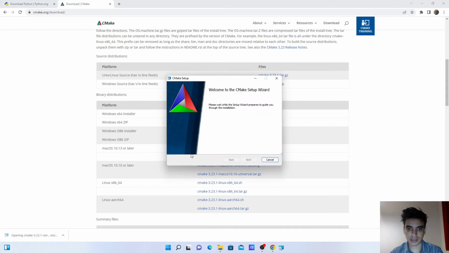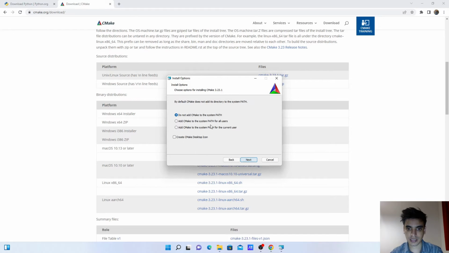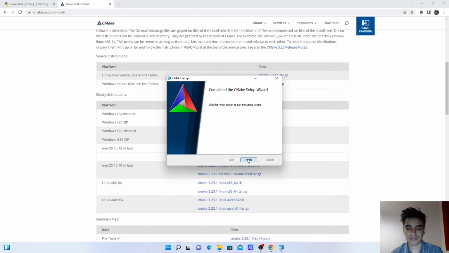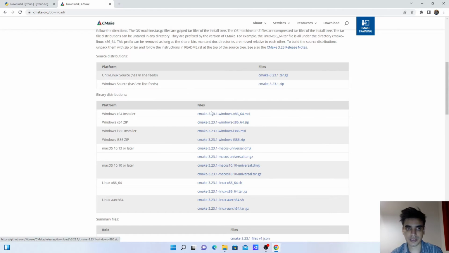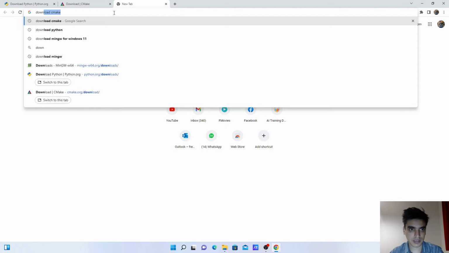Open it and click on next, accept, next, and select add CMake to the system path for all users. Click on next and next, install. Yes. And the installation is done. Click on finish, and the third thing we need is